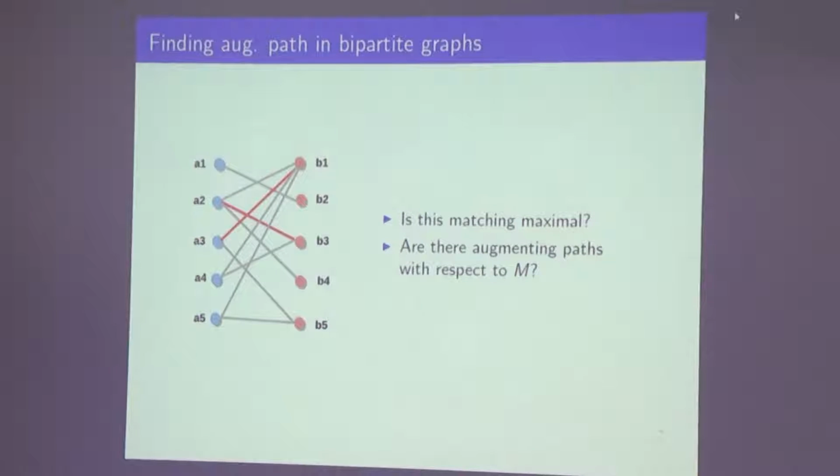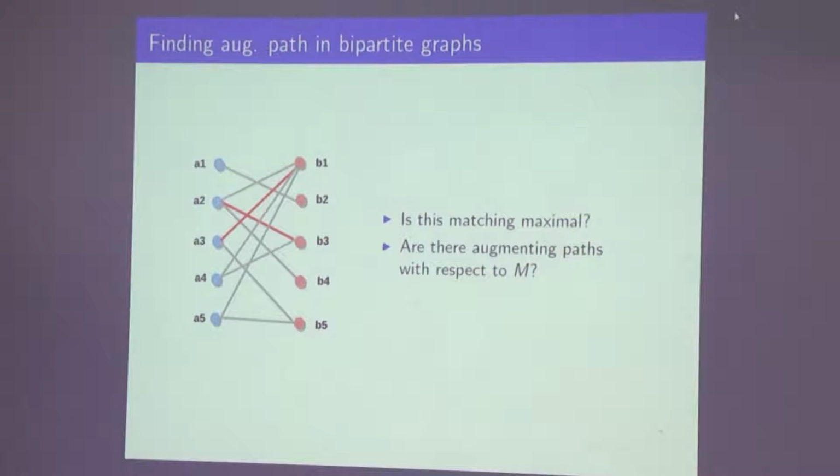A1, B2 is certainly what you can add. Still, is it maximal? Okay, so even after adding A1, B2 it is not maximal. You can still add A5, B5, right? So clearly you don't have a matching here which is even maximal, but you can easily fix that by your greedy algorithm, which is a linear time algorithm. Scan the edges, ask can I add this edge to my current matching, and be done with it.